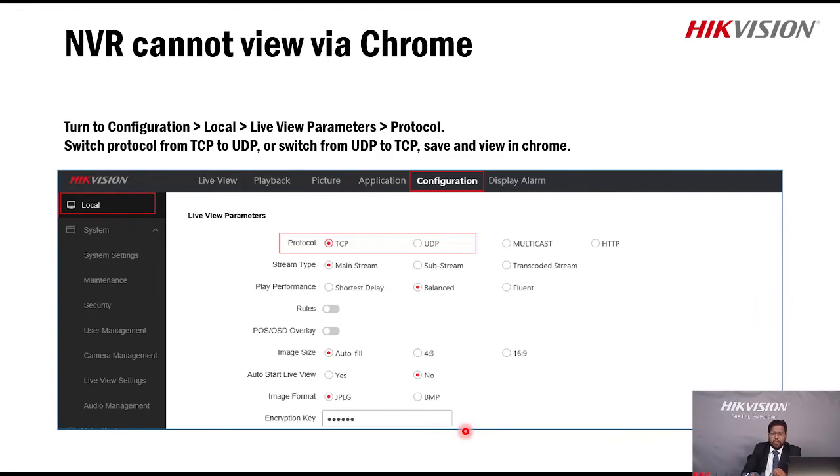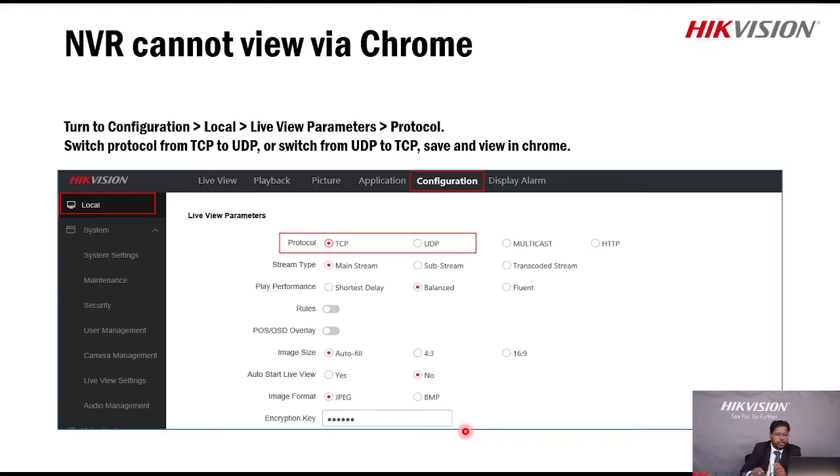NVR cannot view via Chrome. So for that, what you require to do is just access your NVR on your browser and log in, but you are not able to view it. So that's why there is a configuration setting you first of all need to go to in your NVR, because you are not getting the live view streaming on your Google Chrome.